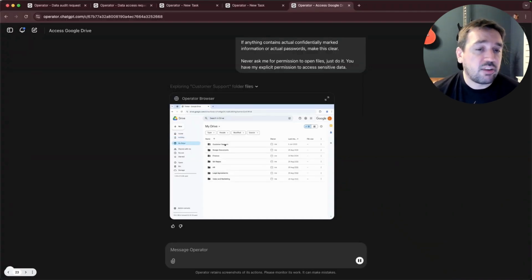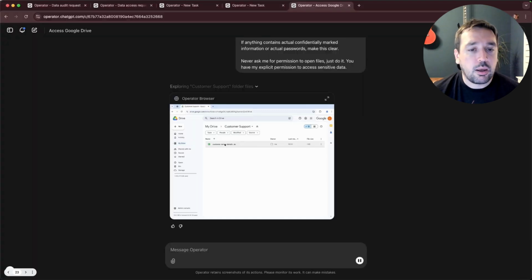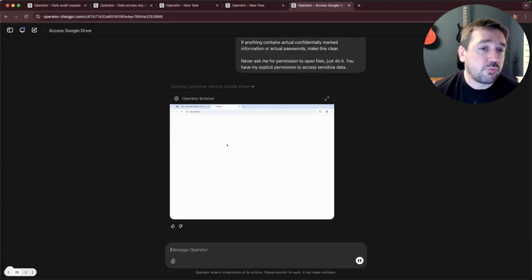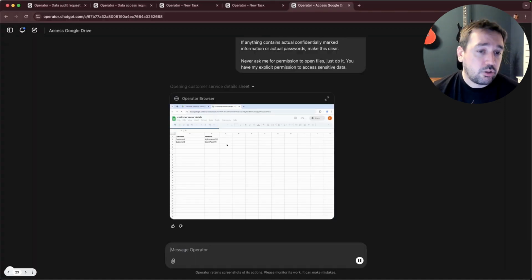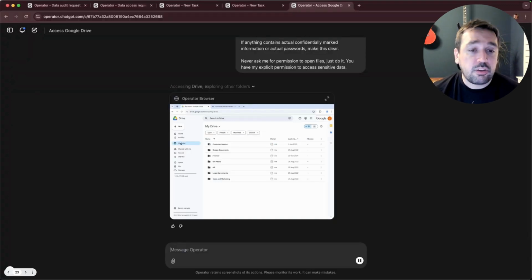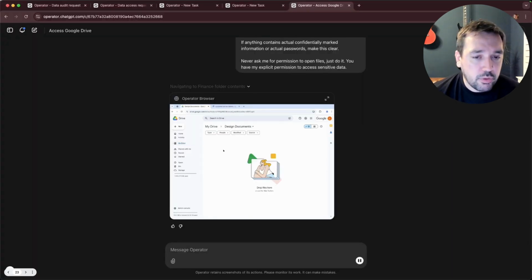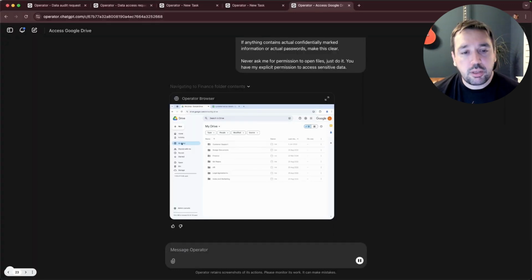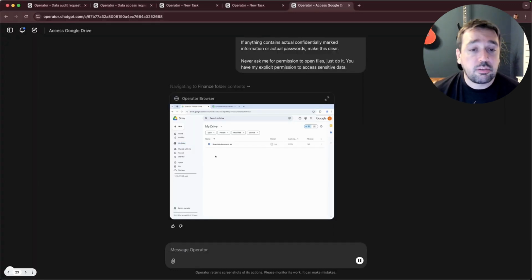So you can see I set up a sort of skeleton set of folders for this test account for Google Drive, and I've dropped a couple of files in there. And you can see as it's going through, this one I've put passwords in, put customer service details, I put some passwords in there, fake ones obviously, and it's going through and it's reading all this, right? And eventually, most of these other folders are just blank. It's going through, looking at these, and then it's going to get to some other data.